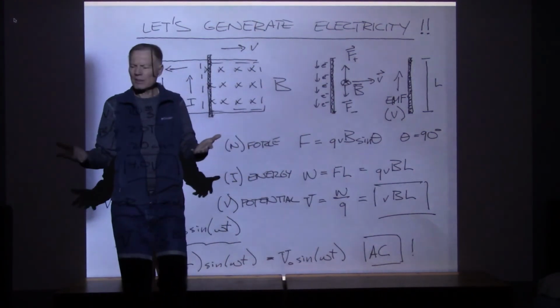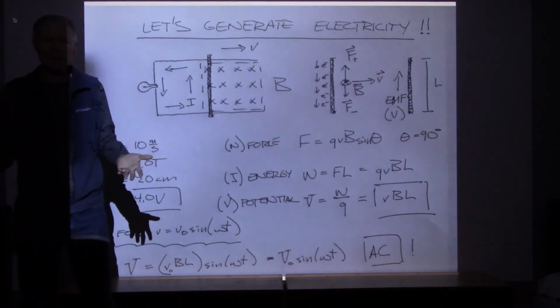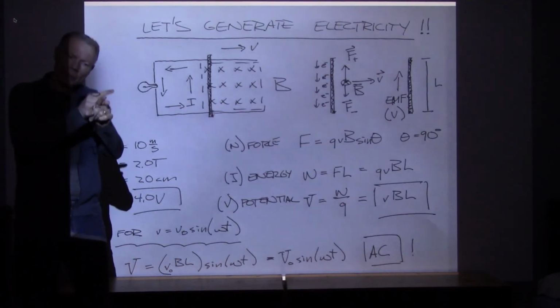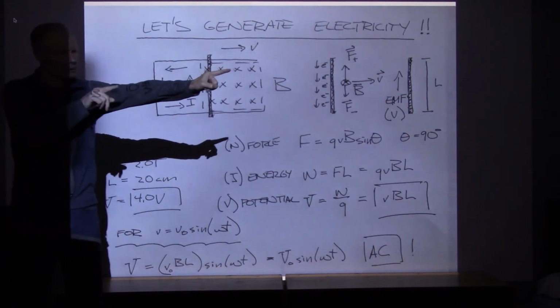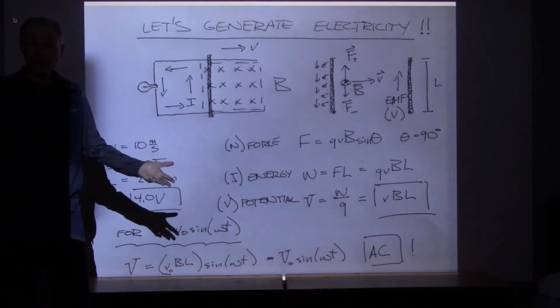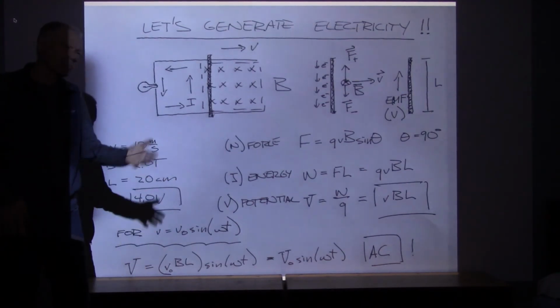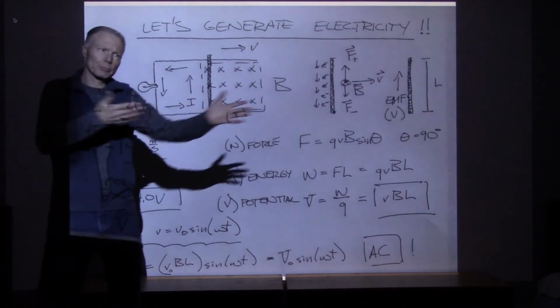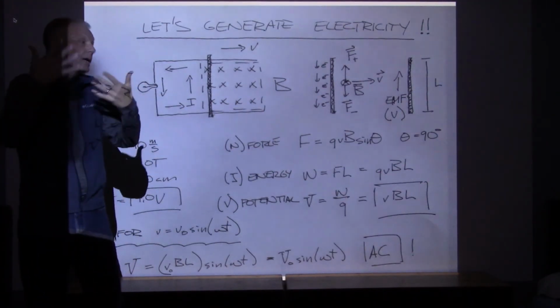This happens every time anything is moving through a magnetic field. The protons get pulled in one direction, electrons get pulled in the other. I'm sure you've all experienced this walking through Earth's magnetic field. It can be kind of annoying at times, right? All your protons are pulled in one direction. And anyway,